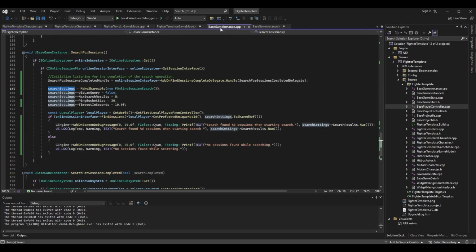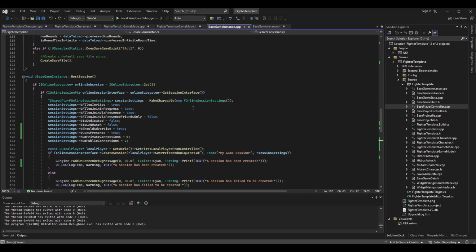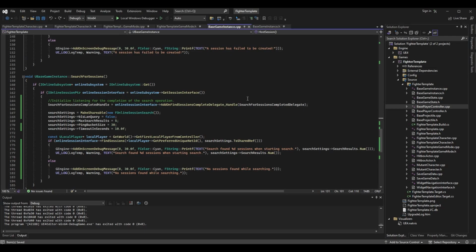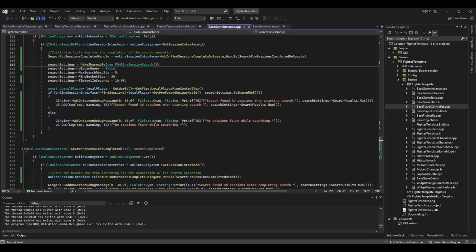And similarly to host session, we need to actually instantiate the pointer, and you do that by calling MakeShareable and then the type. So scrolling back up to host session, we were creating the TSharedPtr FOnlineSessionSettings, calling it session settings, and setting it equal to MakeShareable new FOnlineSessionSettings. This is very similar, but we already have the variable defined in the .h file, so we just need to